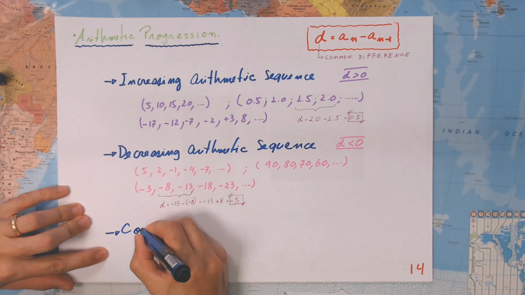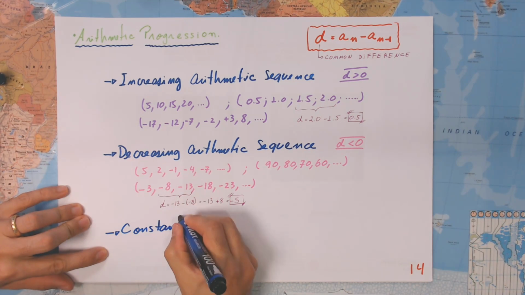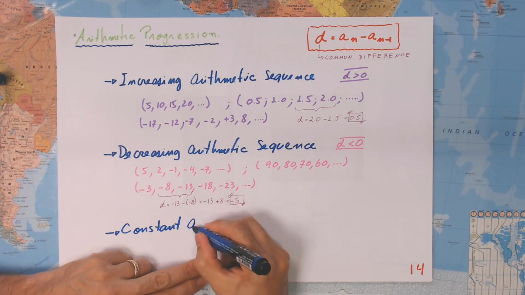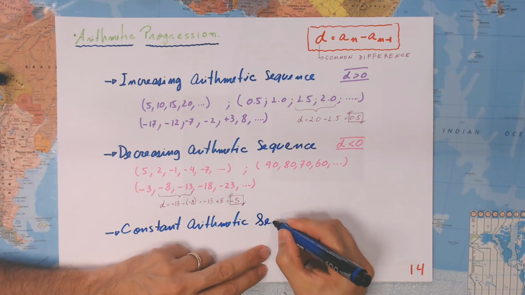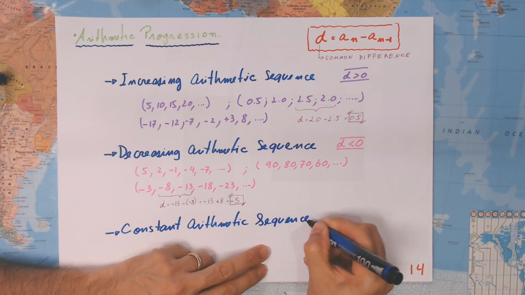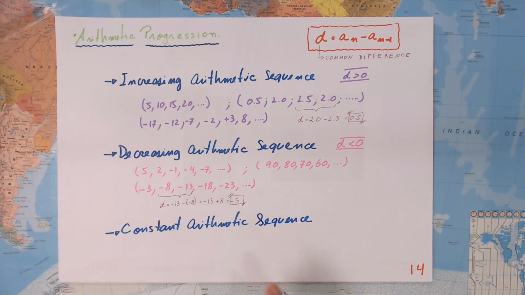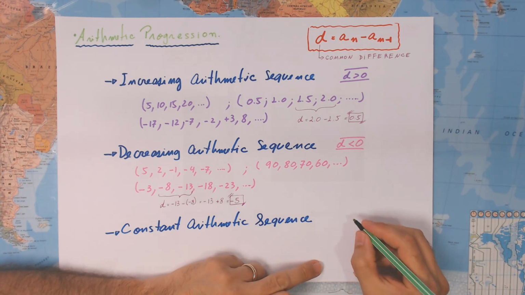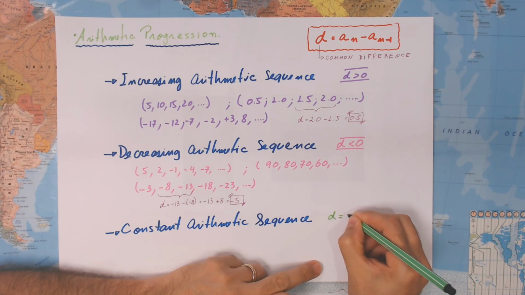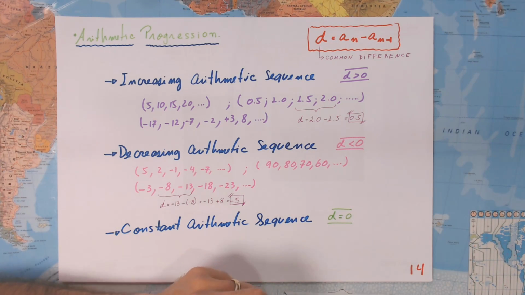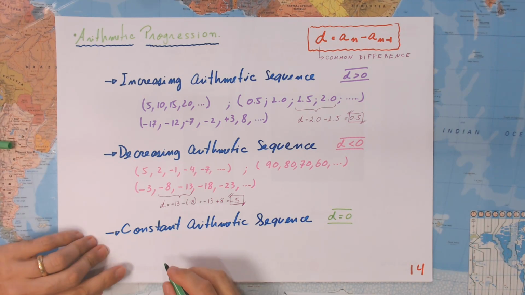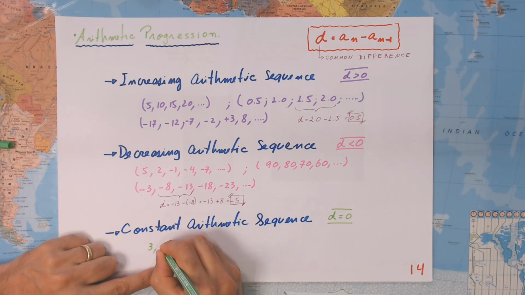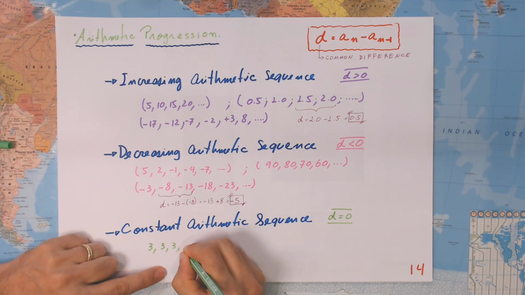a constant arithmetic sequence. And for that, let's use the green one. In this case, d equals 0. And this one is very easy, okay? So any sequence where we have the same numbers like 3, 3, 3, 3,